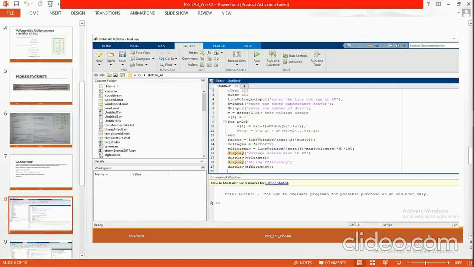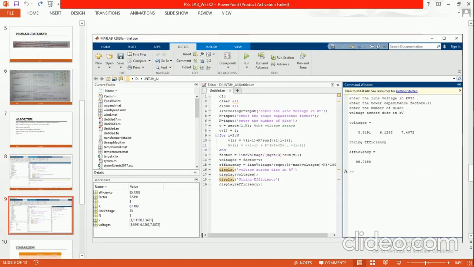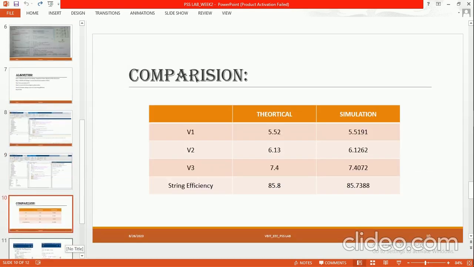Once we run our code, we simply compare. In theory I got 5.52, and in simulation I got these values. So up to 99% I got the same values, because in simulation I got up to 4 decimal points.